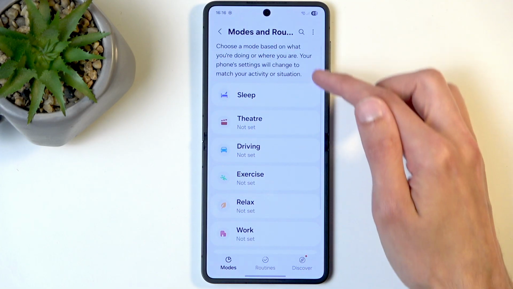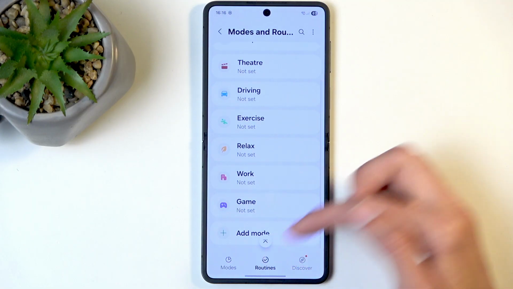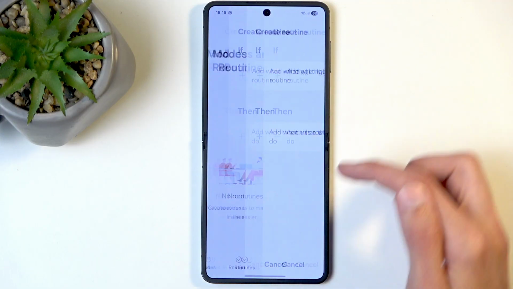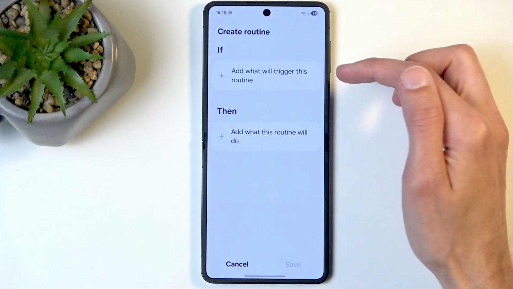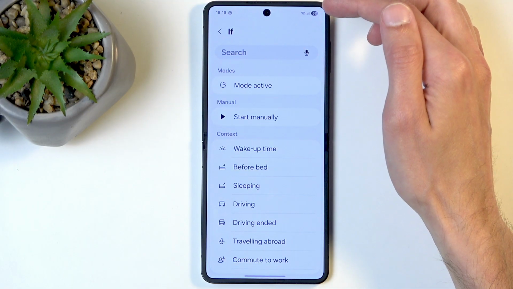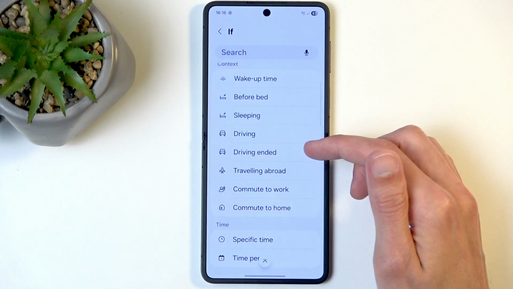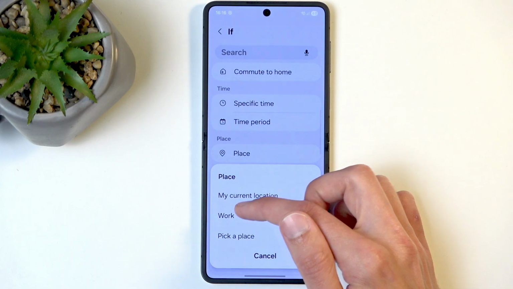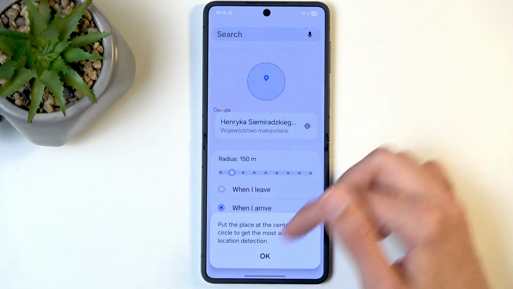I think we should be able to create a custom one. Nope. Okay, there we go. So under routines now we can click on plus, add what will trigger this routine. So let's see, if I enter location, place. So place, I'm gonna select work. So the moment I'm at work,